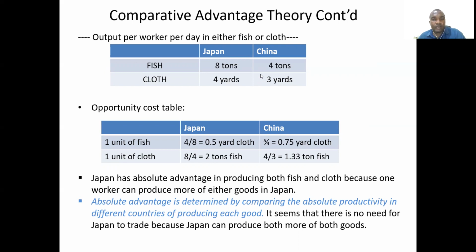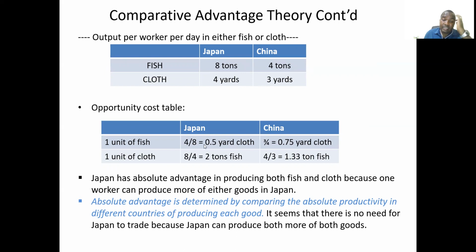So when you are reading the text, the literature, or an examination question, you have to check whether you are dealing with a table of the original quantities of the commodities that are produced, or an opportunity cost table. With an opportunity cost table, you don't calculate anything. You look at the figures and you reason. But if you are given the first table, you first of all calculate, which is demonstrated in the table below,